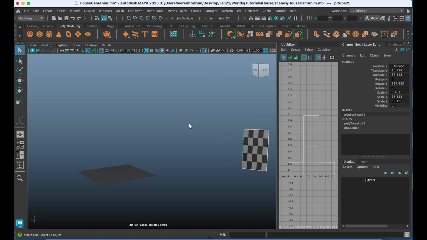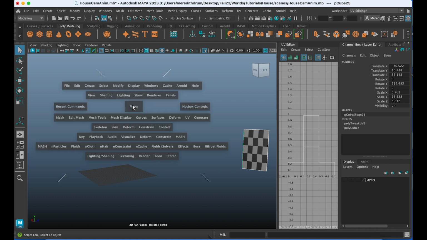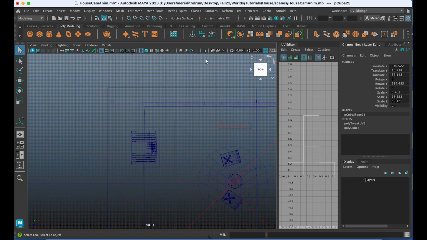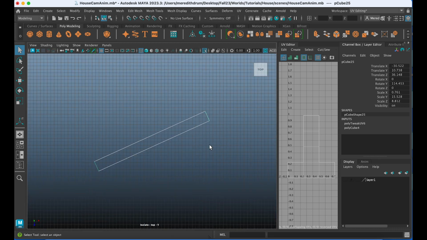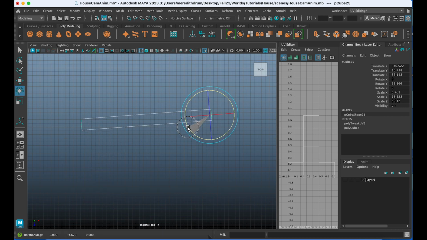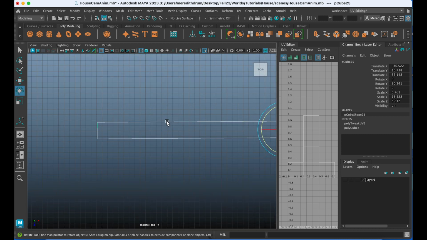I'm going to look at it from the top view to start. So go into your top view. I'm also going to isolate this there. That's the button here, isolate selected. Press focus. You can then just rotate it around till it's more or less straight, and then we can do that with the snap tool with the vertices.